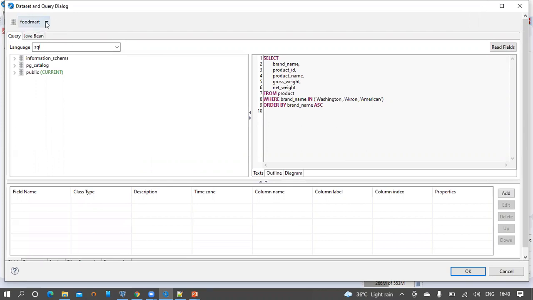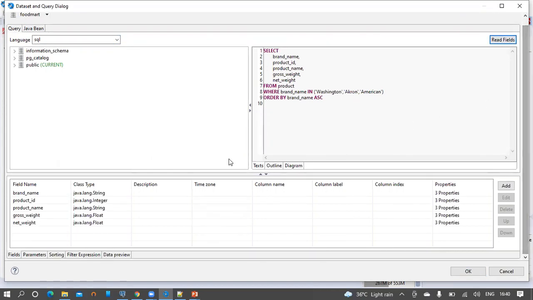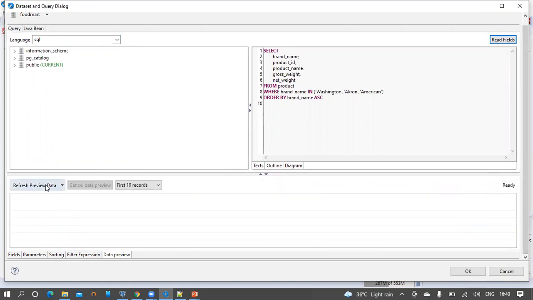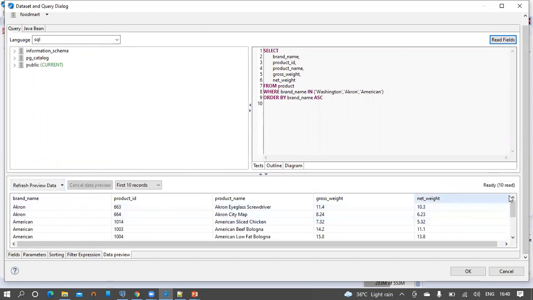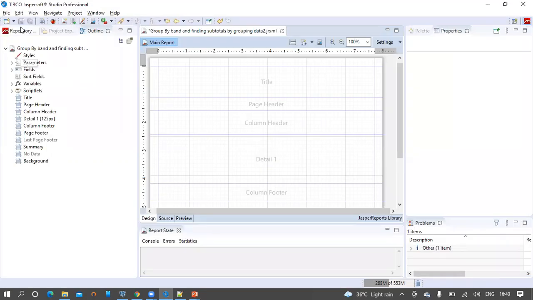In this case, it is FoodMart, and the language type must be selected as SQL. Click on read fields. We can see the field names and class types are retrieved from the database. From the bottom menu, click on data preview and then click on refresh preview data to have the sample output of the SQL code. Now click on OK, click save.